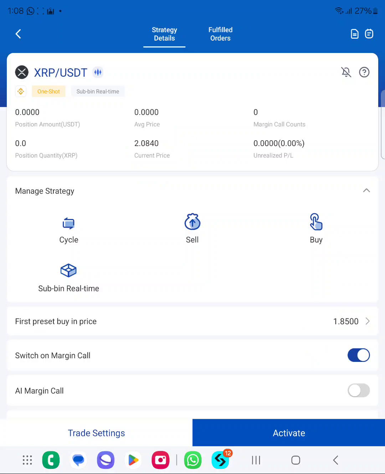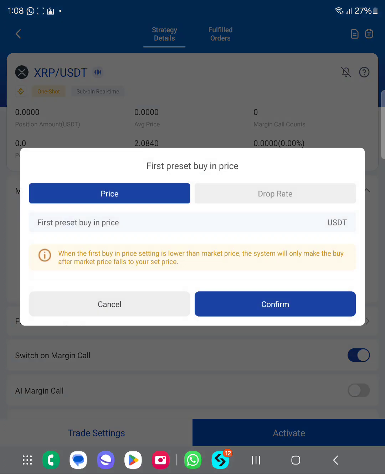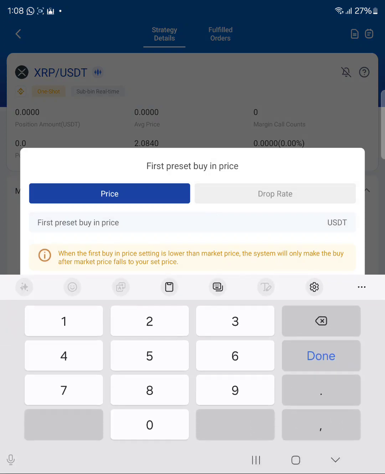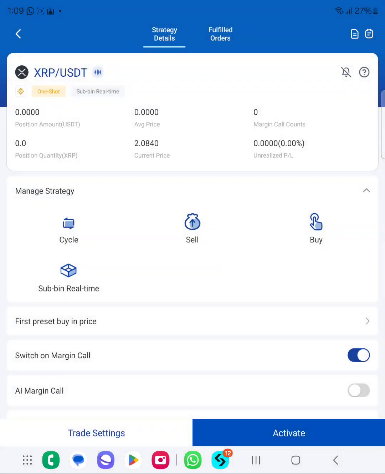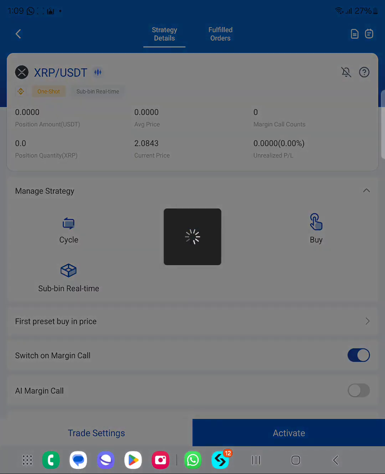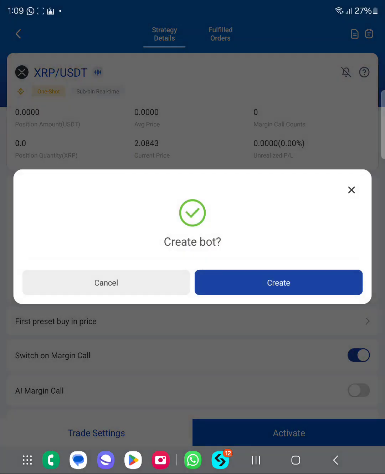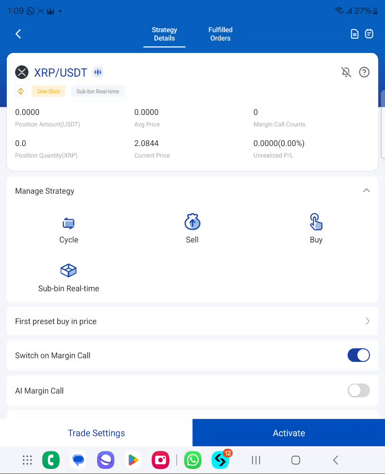And if it is current price, I don't have to do this. I will put this at 0 if it is on current price for the signal. So this will change back to nothing being there. Then I can start the trade directly. I can now activate and click on create. Once I do it, the robot will start trading. And that's how you go about your trade settings and how you can start a trade on a given signal